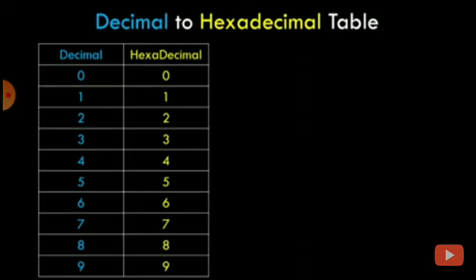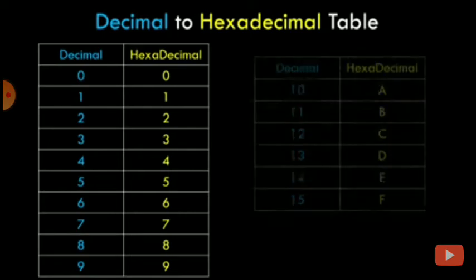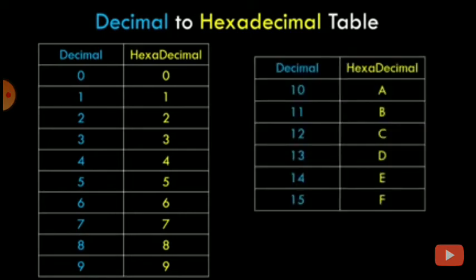Now since we have used up the first 10 values or symbols in hexadecimal to represent decimal values, we are left with 6 more symbols. So let's see what these symbols are. Now as you can see, the values of decimal numbers 10 to 15 are represented by letters or alphabets A to F. So when we convert a decimal number 10 to hexadecimal, it is represented by A, and similarly with all other numbers as shown in the table. Just keep this in mind as we will need them when we actually solve a problem.